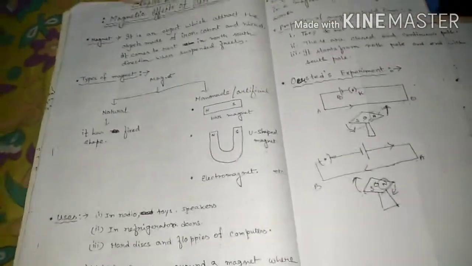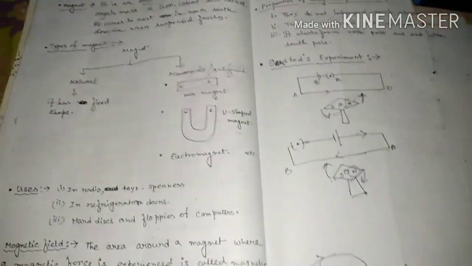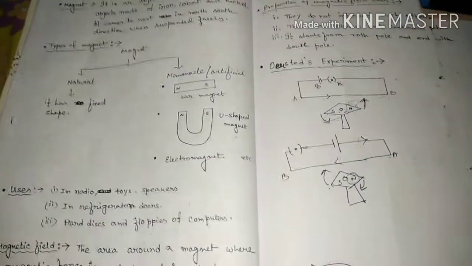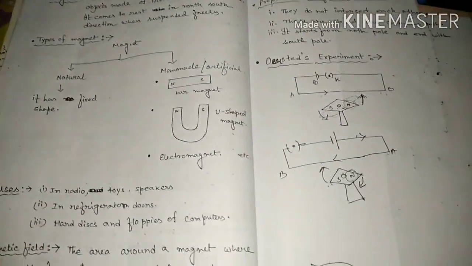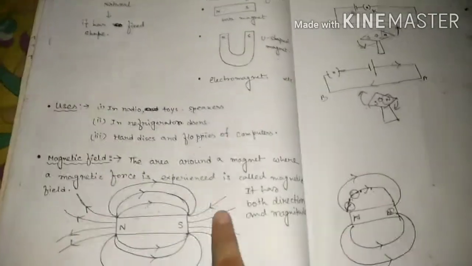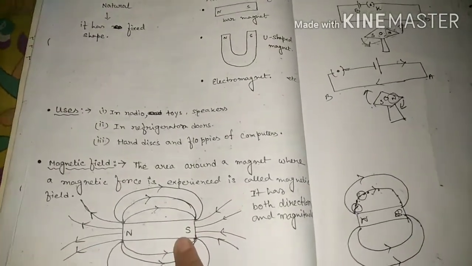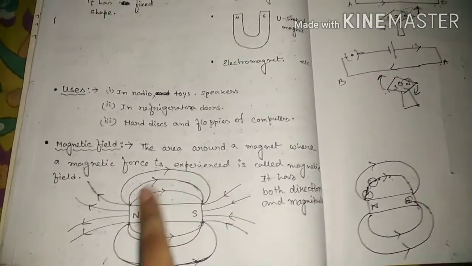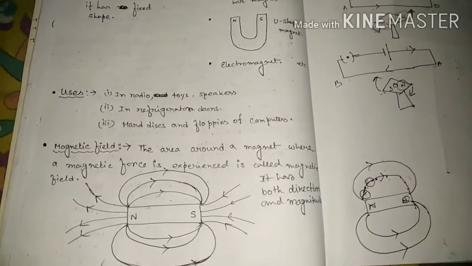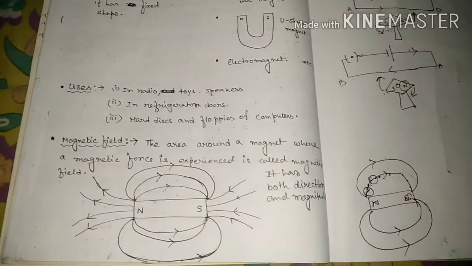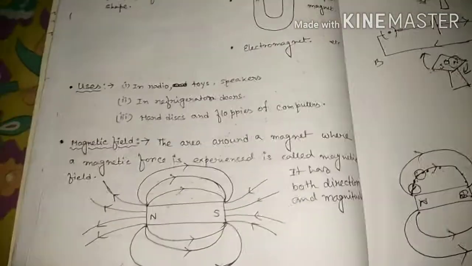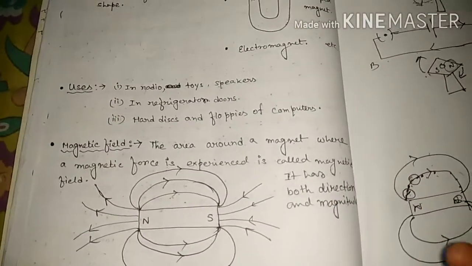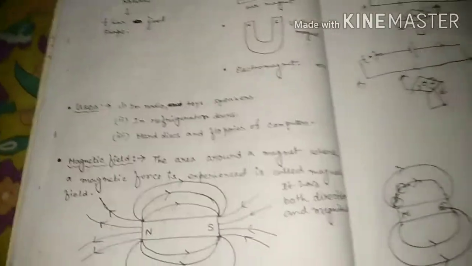In your NCERT book, some activities are also there. Figure number 13.2, 13.3, you can practically prove the pattern is like this way. And 13.4 is a figure of the magnetic field lines around a bar magnet, and sometimes it will come for 1 mark questions: draw the magnetic field lines around a bar magnet.